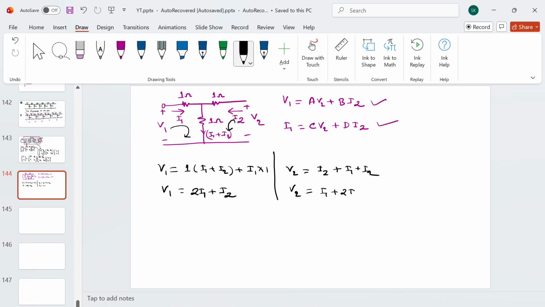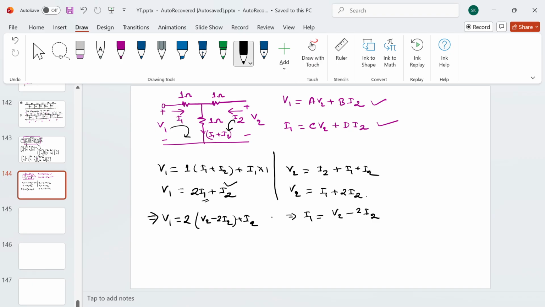I1 plus 2I2. But I need V1 in terms of V2 and I2. I know I2. Now this I1 I have to get from here. So if we rearrange this equation, you will get V2 minus 2I2. You just need to shuffle the equations. You just put the I1 value in this equation, V2 minus 2I2